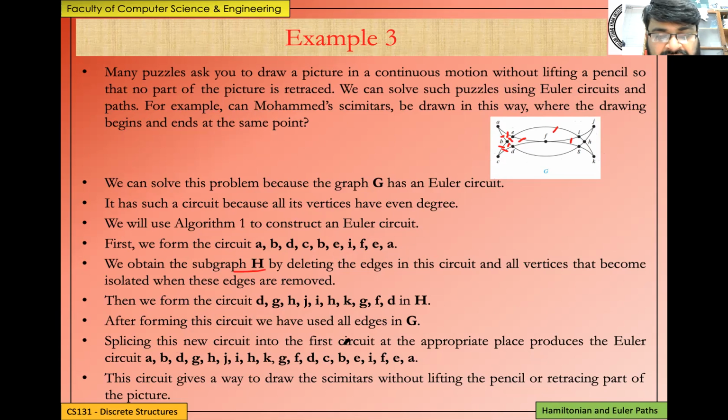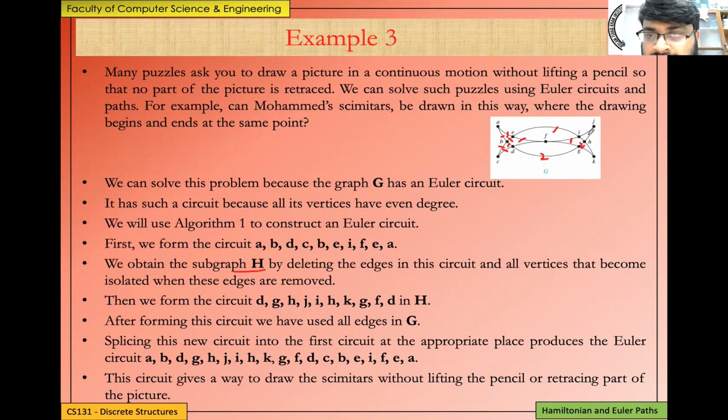So, splicing this new circuit into the first circuit. The next thing we have left is that we need to find another circuit, and let's start at D and move on with this. So let's start from here, D, G. This edge is now removed. For this, I'm going to write 2. I use DG, then G to H,